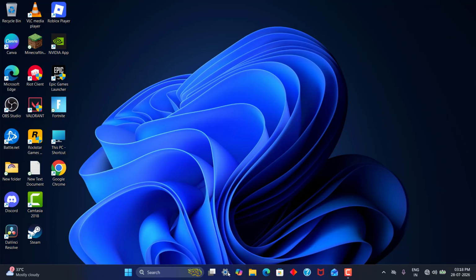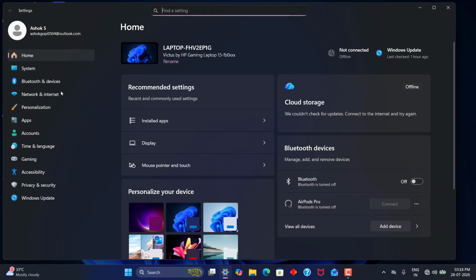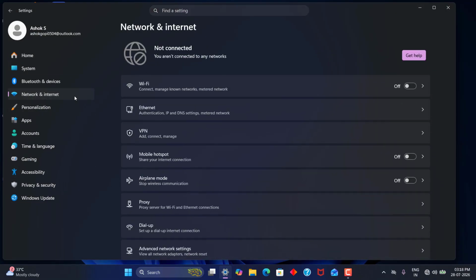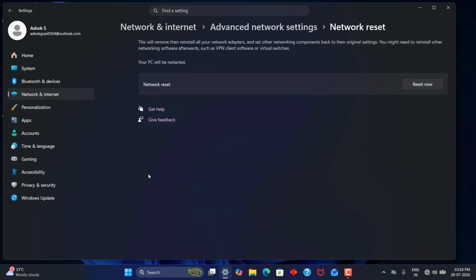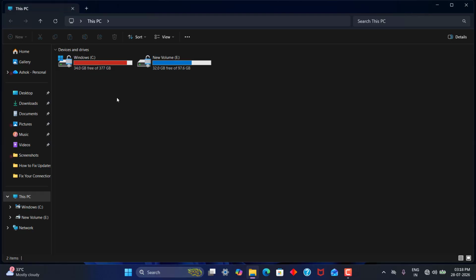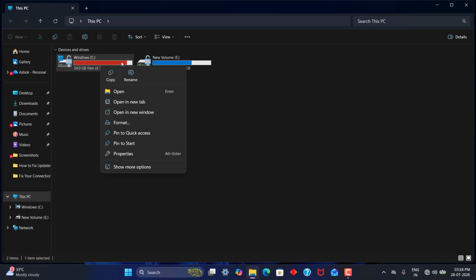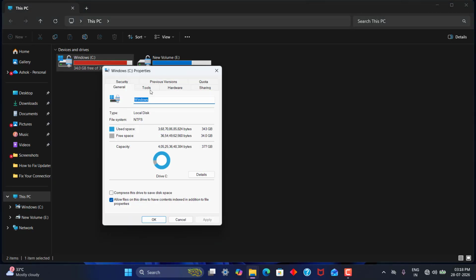And come to next step, click settings, click network and internet settings, click advanced network settings, click network reset and reset your network. Once reset is complete, the next step, open up this PC, right click, click properties, click tools,